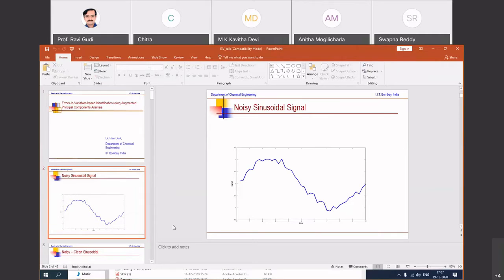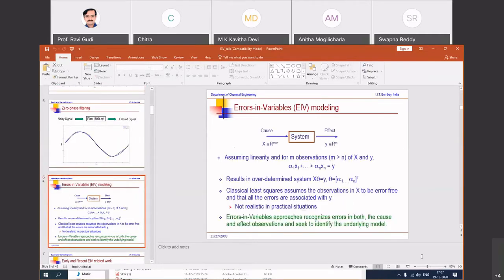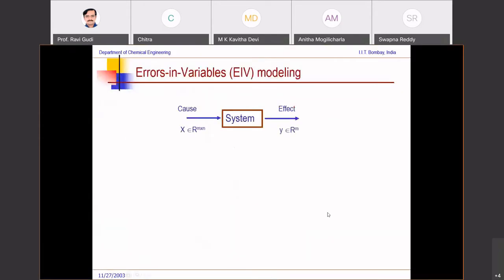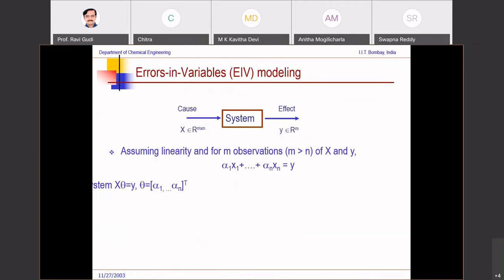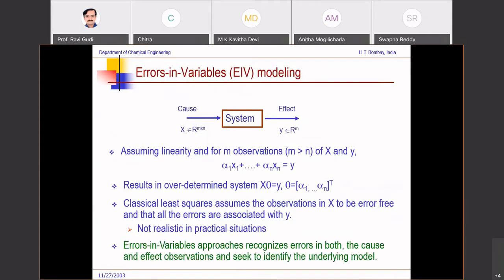Basically, we're going to continue on the errors in variables modeling, which we were discussing in the last linear regression module. What we looked at in the last class, the earlier module, was that we wanted to build these cause and effect relationships in an errors in variables modeling framework, where to begin